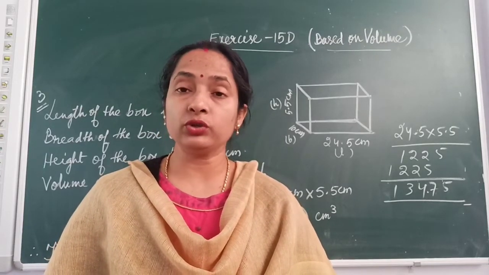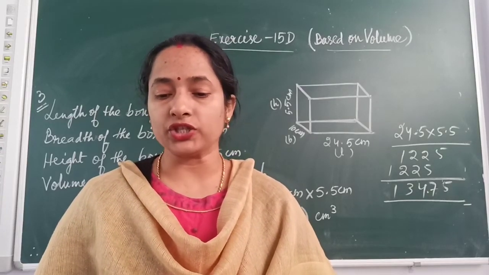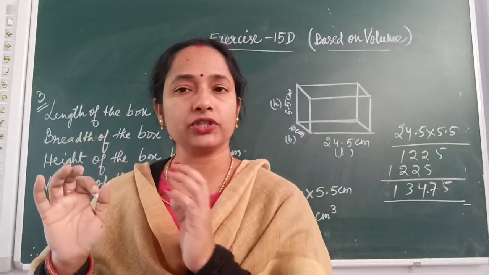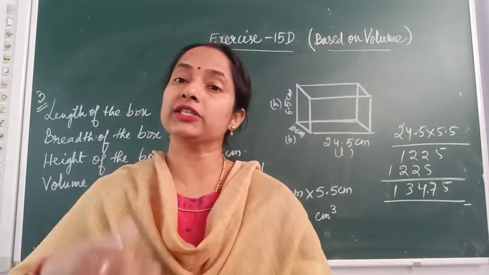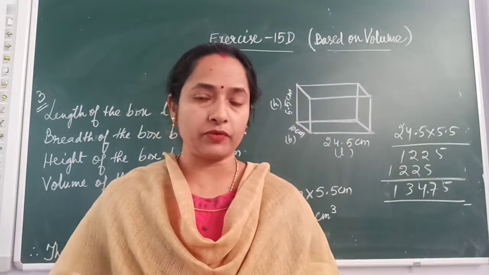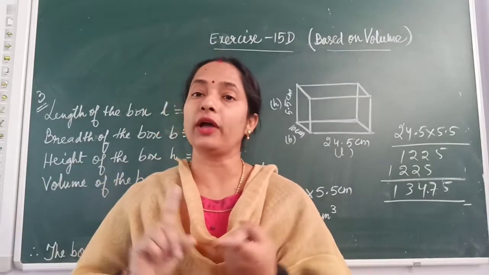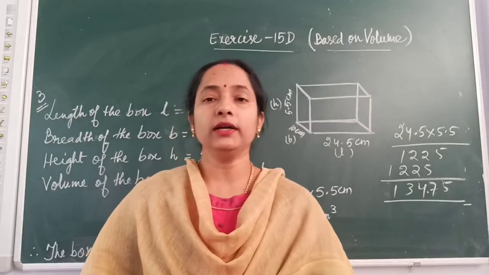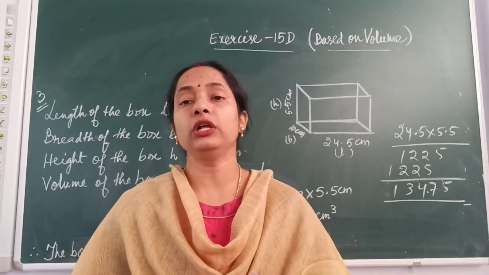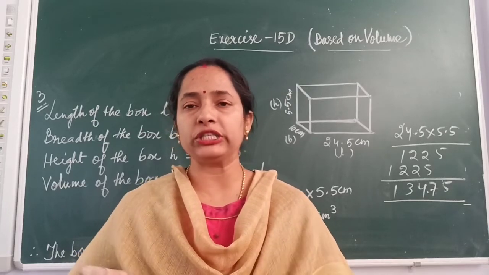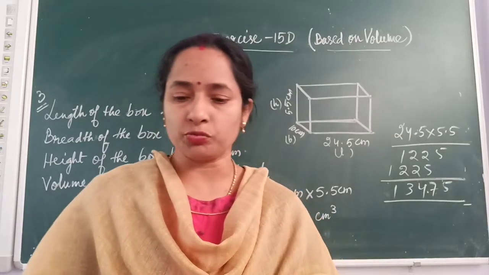Children, I will give you the hint to solve this sum and you have to solve it. First of all, find the volume of the first container with the help of the given dimensions, and next find the volume of the second container. Now after finding both volumes, compare them to see which container has more volume and by how much. To find by how much, subtract the volumes of both containers to find how much more the bigger container is than the smaller one.